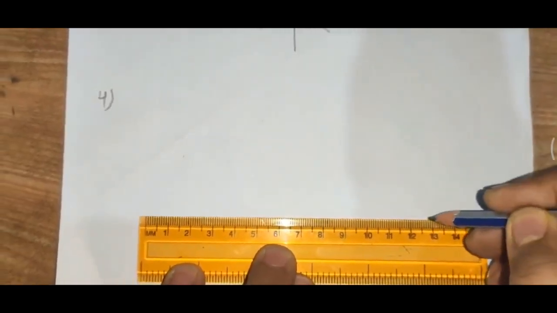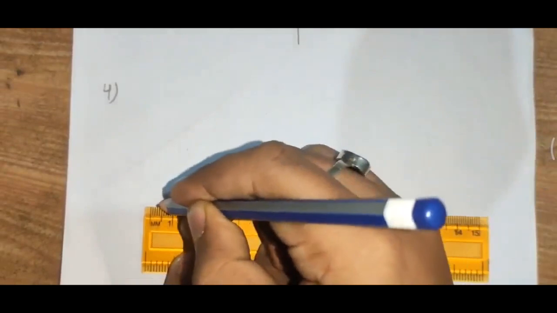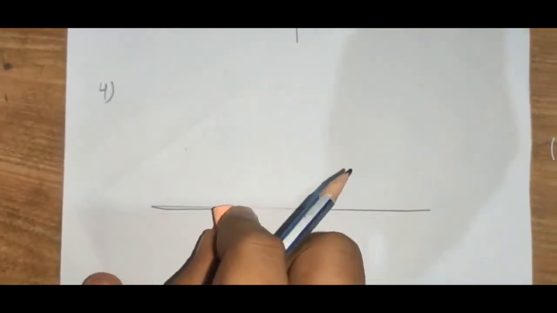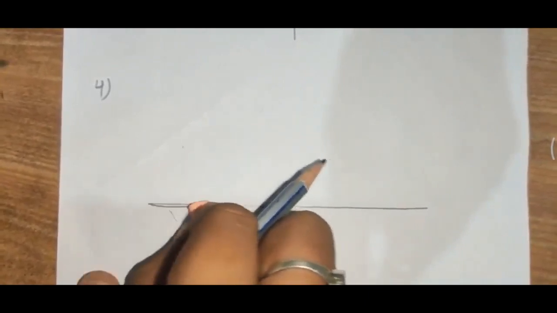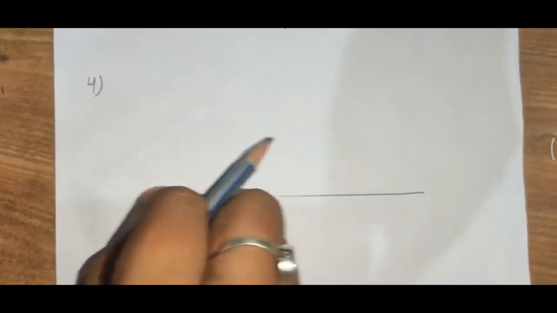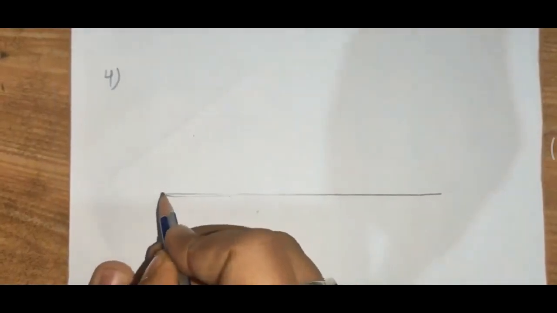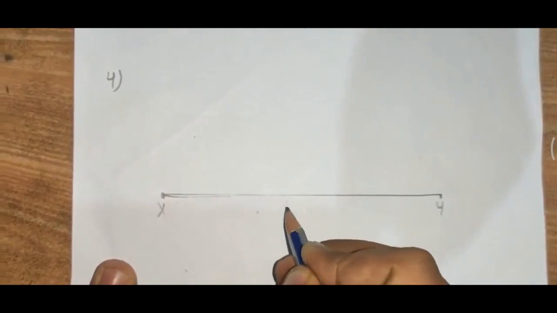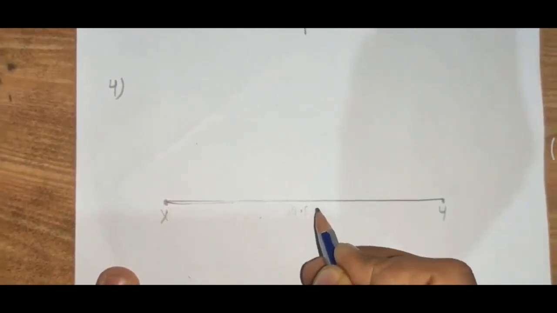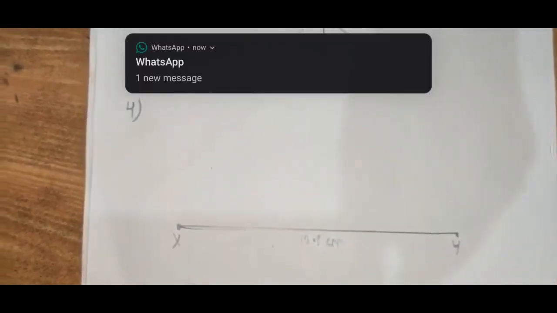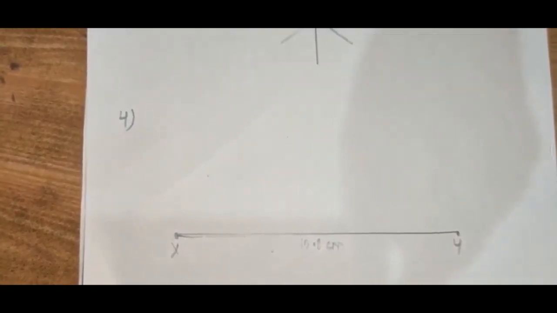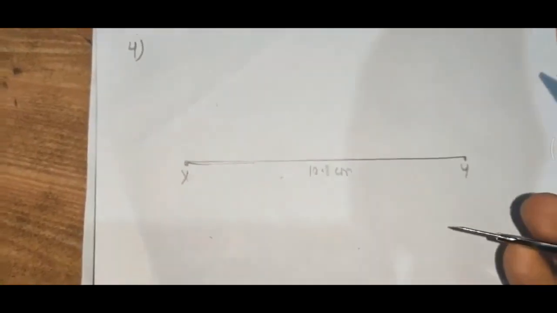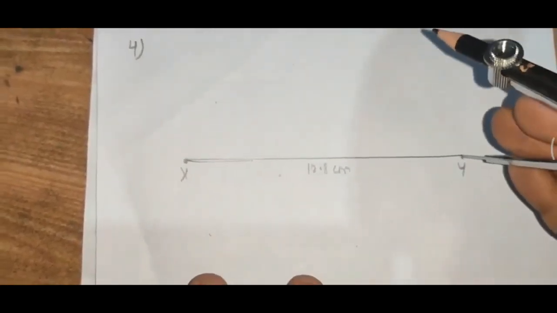So first of all, draw a line of 12.8 centimeter. This we have drawn the line of 12.8, and then we will write one side X, this is X, and this will be Y, and this is 12.8 centimeter long. Now here we are required to divide this line into 4 equal parts. So take more than half, and then we will